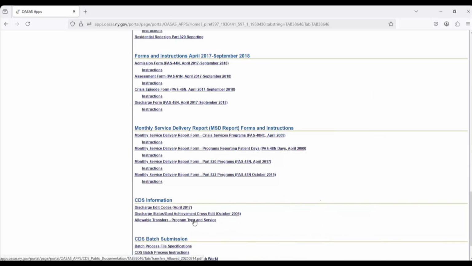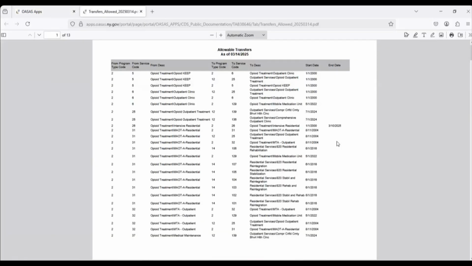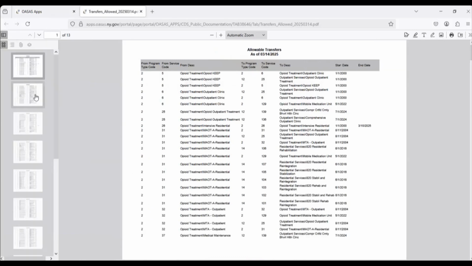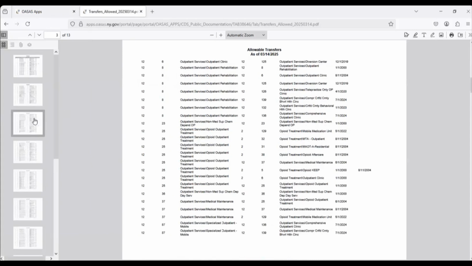And then we have the allowable transfer table. So this document will let you compare two programs to see if you can do the PAS 47 transfer instead of discharging and admitting. So if your provider has a number of different types of programs and you have an individual that is moving from one program to another, you may want to see if you could do the 47 instead of the